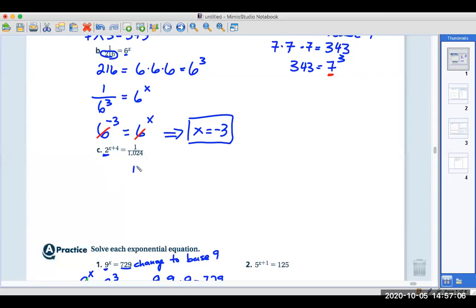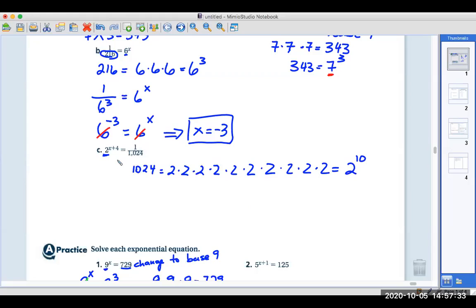So how can I turn 1024 into multiplying 2 repeatedly? That's going to be a lot of them. I think there's actually 10 of them. You got to just practice with your calculator. Use a power key and see 2, 2, 3, 4, 5, 6, 7, 8, 9, 10. So it's 2 to the power of 10,